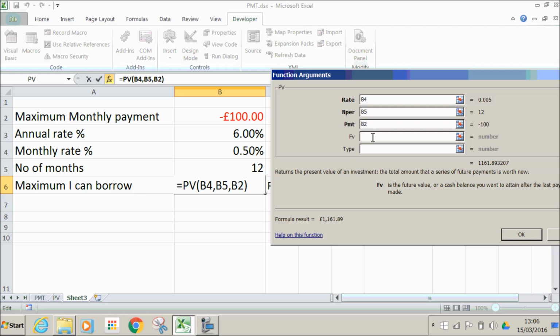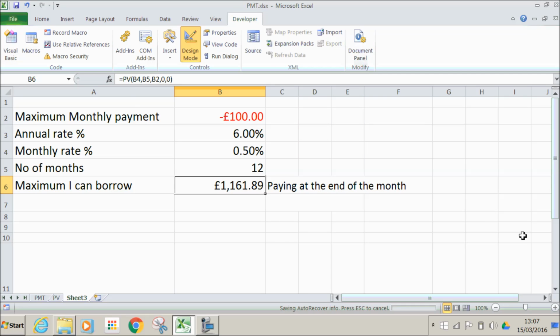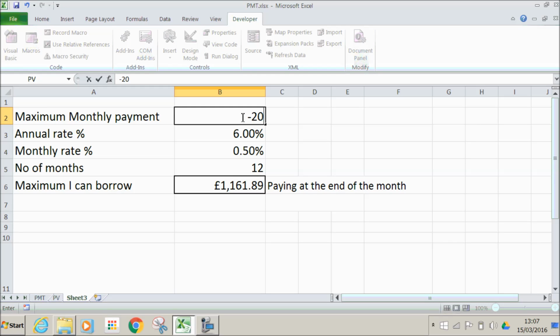The future value will be 0 because this series of payments will cancel out eventually the money that was borrowed. Again, the type can be 1 or 0. We will choose 0 to show that each payment is at the end of the month. We say OK, and we get the same value as before for a payment of £100 a month. If we change this to 200, each time 1,000 if we're rich,